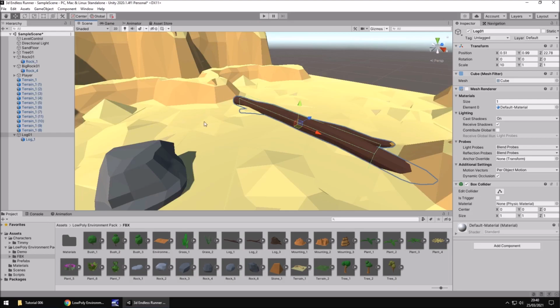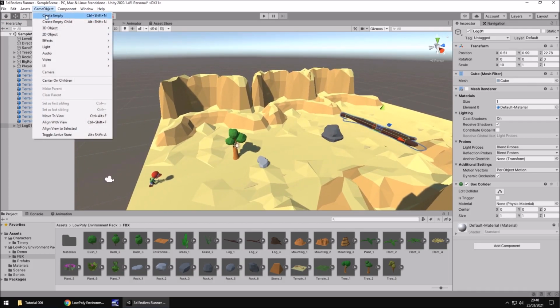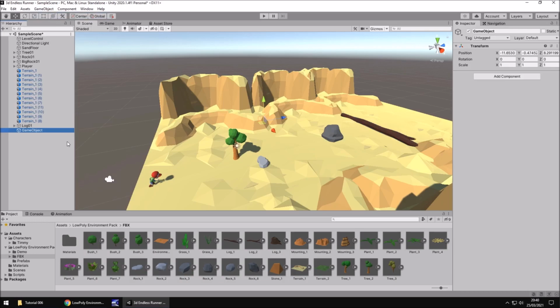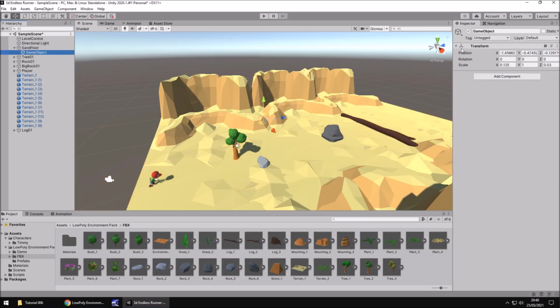So the last thing we're going to do is we are going to couple all of these together in one single object, and it will probably become more apparent in the next tutorial, but for now we just need to create a new game object. And I'm going to set this inside the sand floor and then 0 out that position for the game object. So 0, 0, 0. And uncouple once again. And I'm going to call this